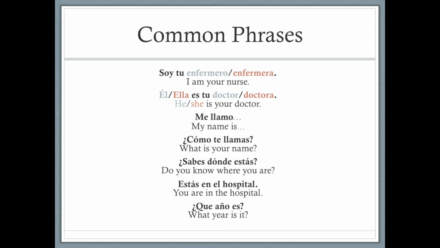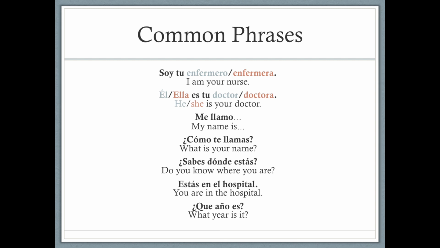Next, to say your name, you would say me llamo. That means my name is, and of course you would add your name at the end of that sentence. To ask for somebody's name, it would be ¿Cómo te llamas? And that means what is your name? This is actually a great example of a reflexive verb in action. And if you remember that verb conjugation chart that we talked about way early on,